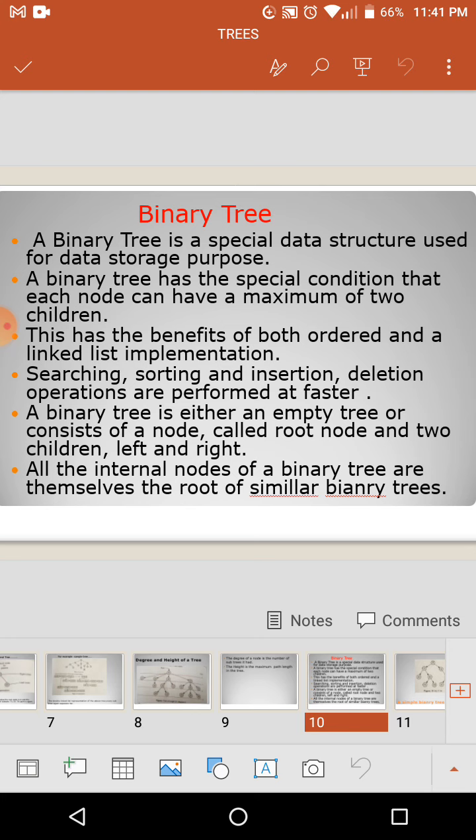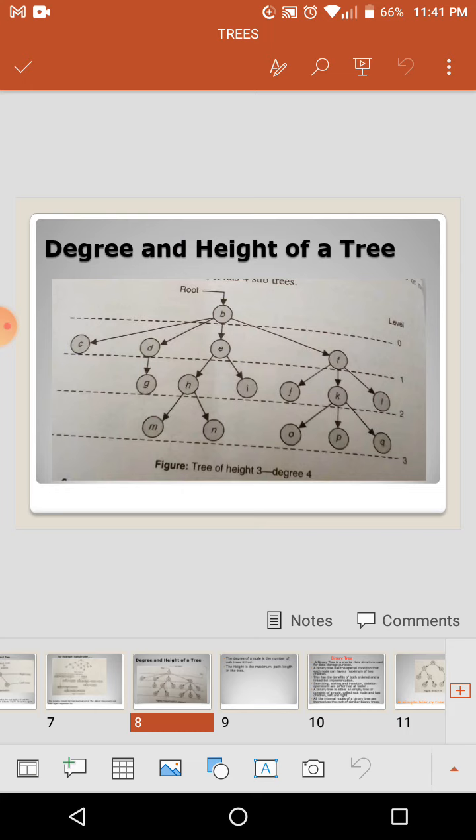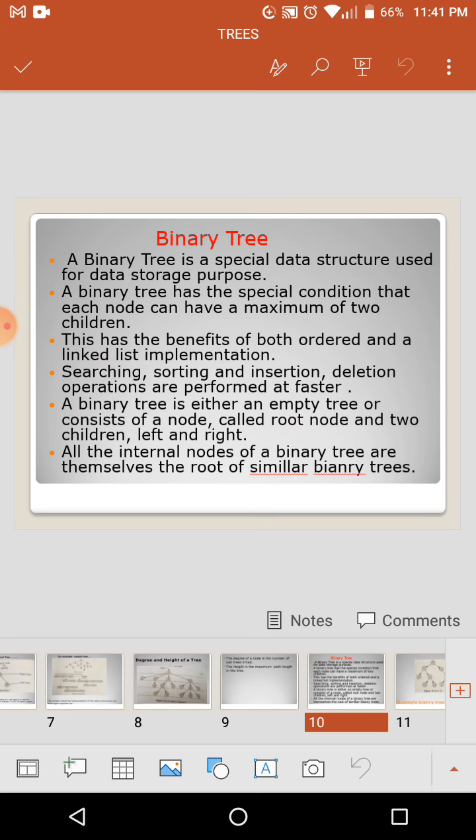If you want to add an element, it is easy. Before, in the diagrams we have seen, this was a complex relation representation, and we could not insert any element into the particular data easily. But by using the binary representation, a binary tree has one root node and a maximum of 2 children. The 2 children may again have subtrees, and this we can also represent, but it is much faster for searching and sorting. Otherwise we can insert an element or delete an element.